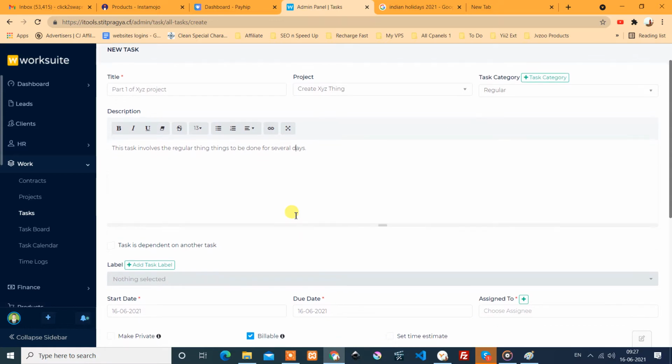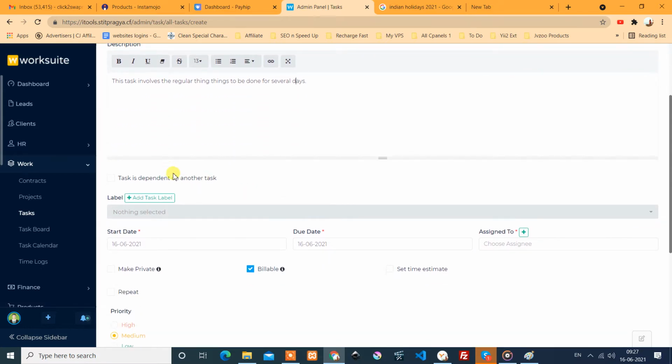Okay, so if this task depends on another task, then you can check this, because sometimes there are sequential tasks, just like part 1 to 3. Part 2 can't be done until the part 1 of the task is done. So if this type of task is, you can check this.